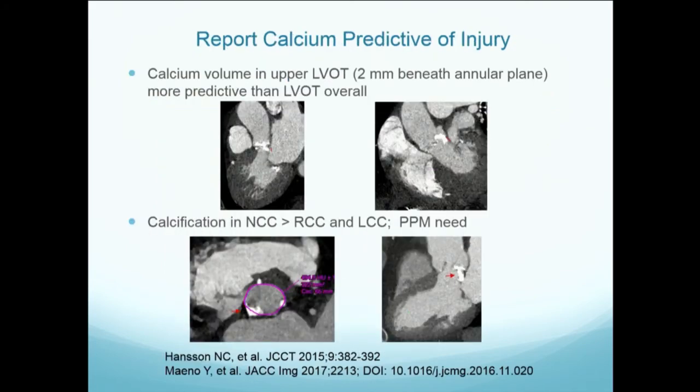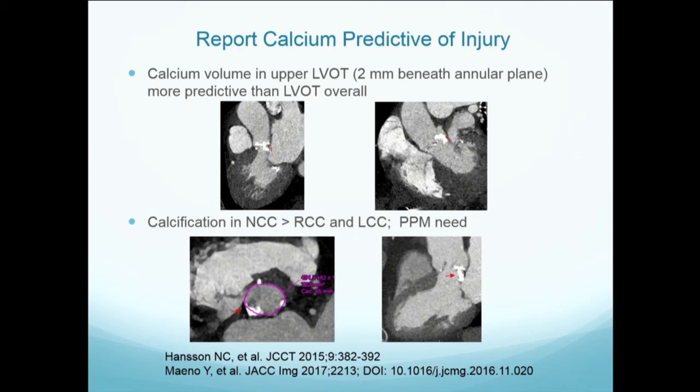Now, when we report calcium, report the part that's predictive of injury. The upper left ventricular outflow tract, the 2 millimeters beneath the annulus, is more predictive than the overall left ventricular outflow tract calcification. Also, the non-coronary cusp is more predictive of injury than the others, and it's potentially predictive of